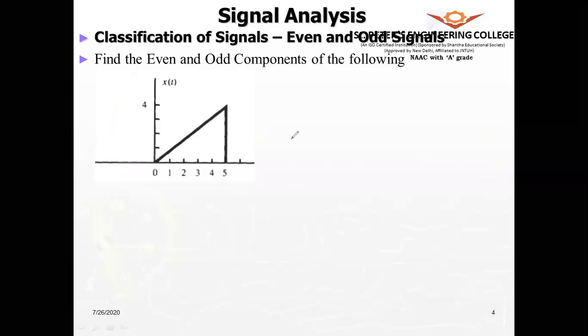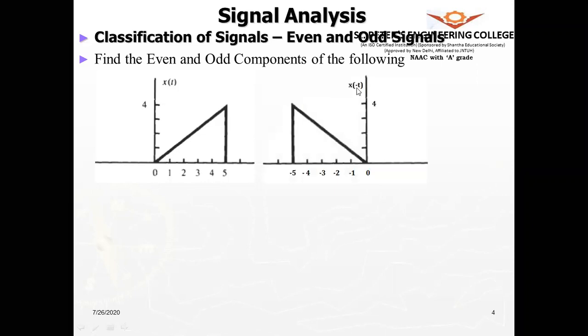So this is x of minus t, and this is x of t. Is there anything common between them? Nothing, because x of t exists from 0 to 5 and x of minus t exists from minus 5 to 0. In the limit minus 5 to 0, x of t is 0, and in the limit 0 to 5, x of minus t is 0. So when we add these two signals, the result will be